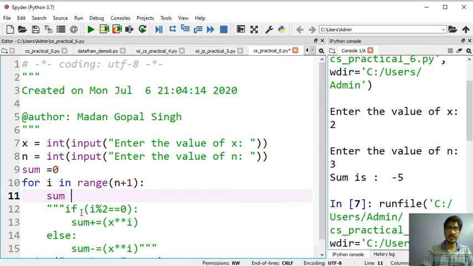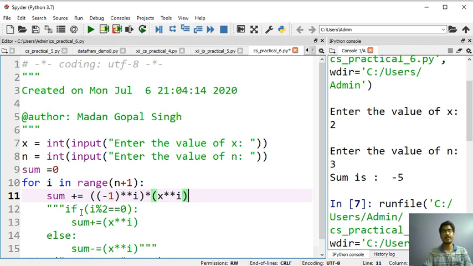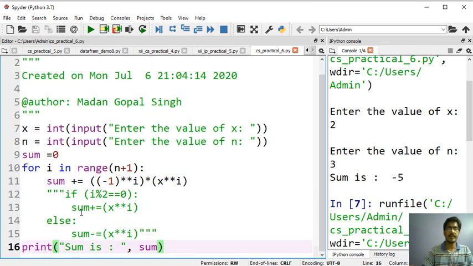So you can do it sum plus equals to, I have told you, minus 1 and then double star i, then you will multiply it with x double star i. This is the logic. It will work same way that we have worked with this logic.